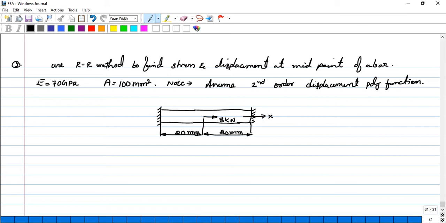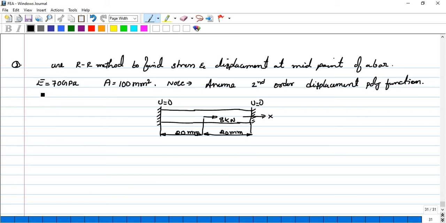Can anyone let me know the answer? Displacement at the end. What is the displacement u here, and what is the displacement u here? Will there be any displacement? That is my question. Will there be any displacement at the fixed end of the bar? Answer me. No, sir. Very good. So that will be 0. You can take it directly, that will be 0, and you need to calculate the displacement at the center. Remember we are using the alphabet U for representing the displacement.